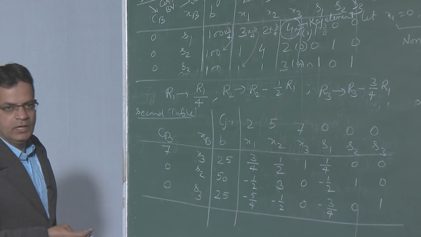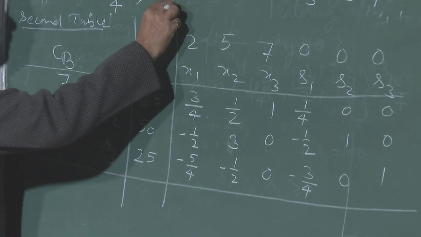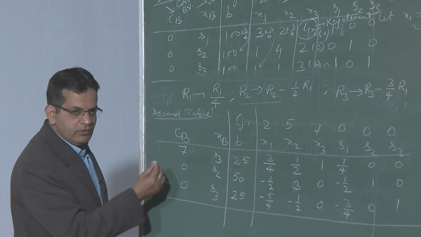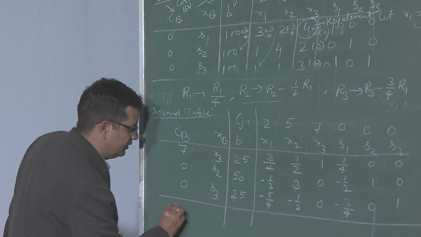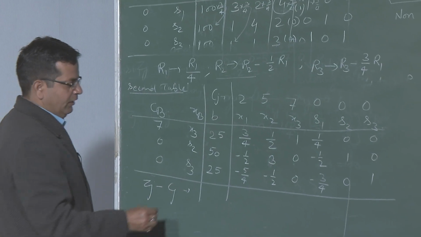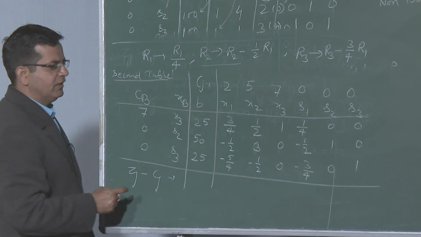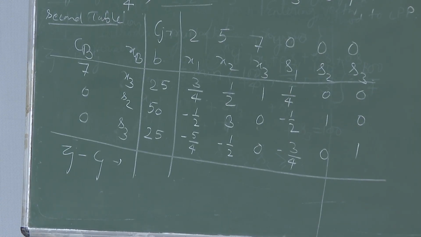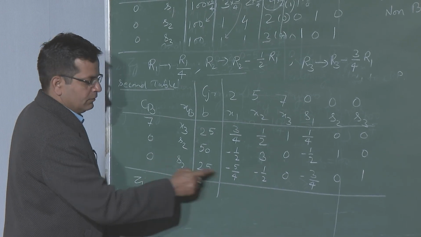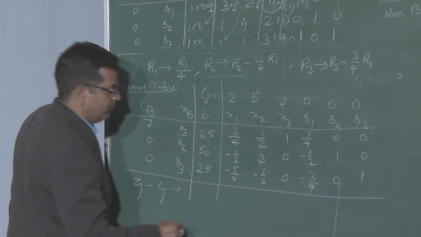So, it depends upon the use by the user. So, we have used this row transformation operations. Now again we repeat the same process, we calculate the net evaluation Zj minus Cj. Corresponding to each and every column, 3 by 4 multiplied by 7, we have 21 by 4, plus minus half into 0, that is 0, and 0 into minus 5 by 4, it is 0. So, Zj is 21 by 4